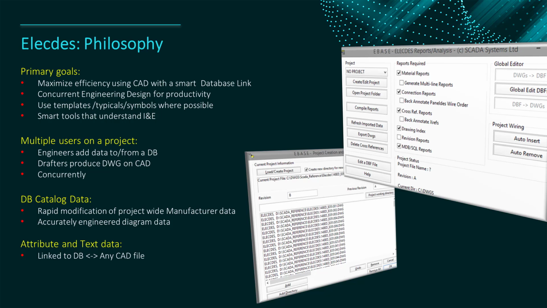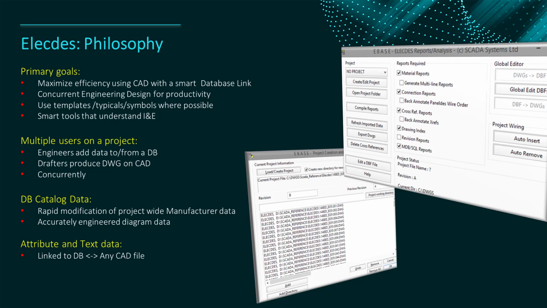Databases allow an Electez team to use component-based data, enhancing accuracy and management. Electez users don't spend a lot of time typing or correcting repetitive component data. Your team can work concurrently on any Electez project, from upstream resources such as catalog databases to downstream reporting such as point-to-point wire lists.